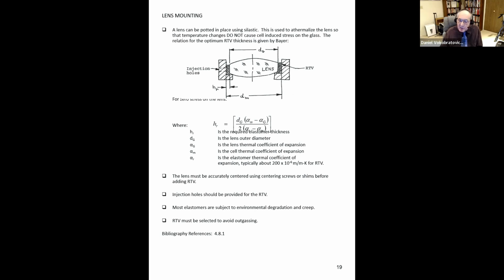He gave a simple equation for the athermal lens bond. This got people very excited, and people went off and started doing this. It was a big contribution to the community, and we've been doing this now for over 40 years. Now, typically the thickness of the adhesive bond you end up with using this approach is larger than most people are used to. This is simply because we are using adhesive as an element in an athermalization scheme. Note that we have to accurately center up the lens with respect to the lens cell before we inject adhesive. We, of course, want to make sure that the adhesive is stable and low in outgassing. The next slide